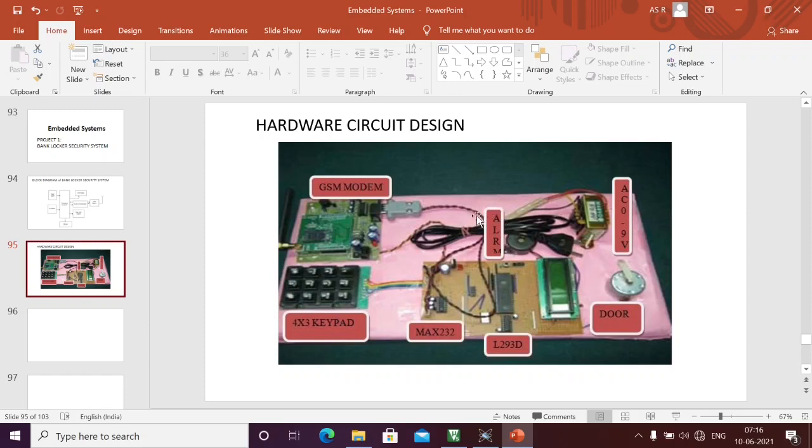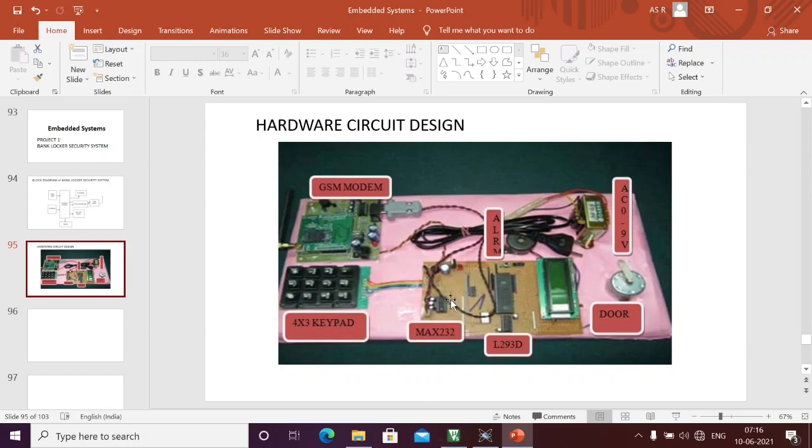And here, for the alarm, we are using a buzzer. If we enter an incorrect password, then we are going to indicate it using this buzzer. These are mainly all the components we discussed in this hardware design. This is the way we should design the hardware. And right now we are going to write the embedded C program that we are going to flash into this microcontroller. Then we are going to achieve this project.